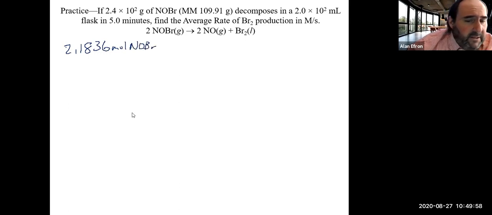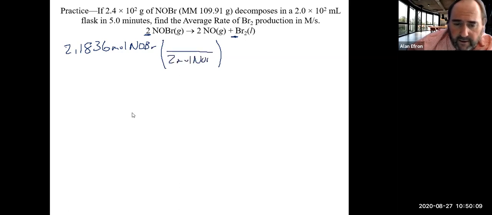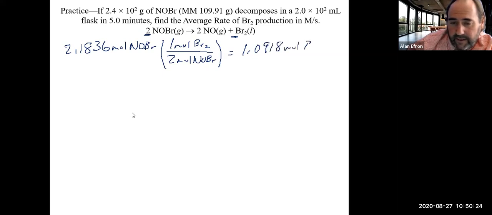And at this point, you could have done just a basic stoichiometry problem, the mole-to-mole relationship, and for every 2 moles of NOBR, there's 1 mole of Br2. And it does the stoichiometry part by itself, and you would get 1.0918 moles of Br2, which you then could have divided by 0.2 liters,